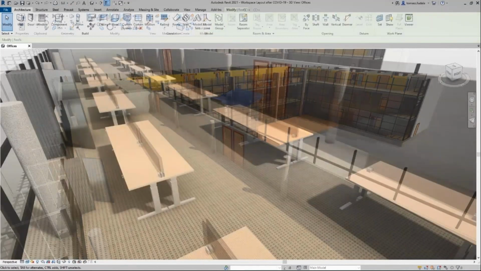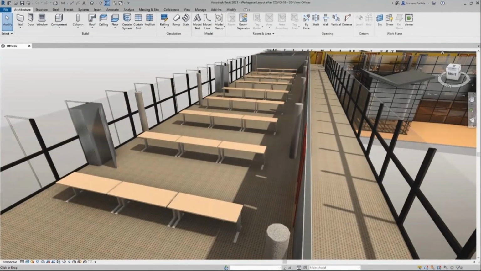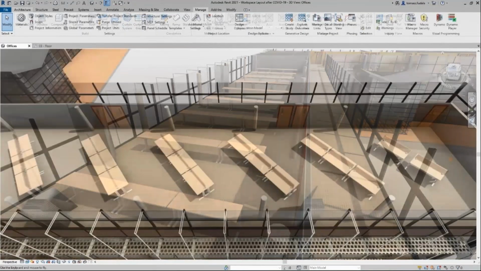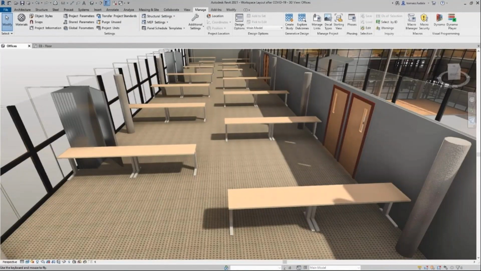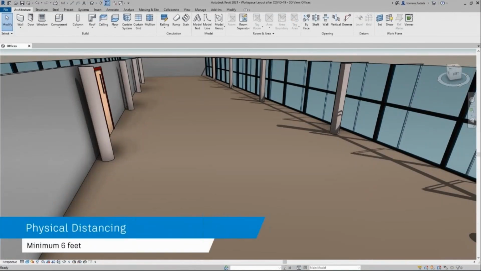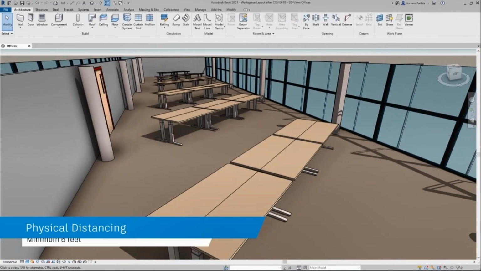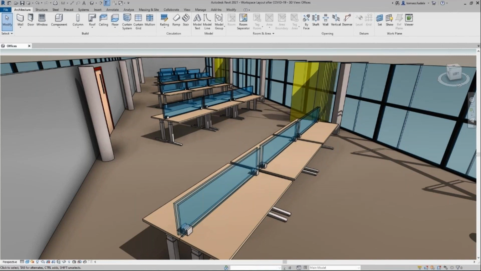It's an exploratory approach, using the power of the cloud. We can run thousands of simulations in one go to find the best suitable outcome based on the constraints that are defined. In this particular case, my goal is maintaining physical distancing between team members.